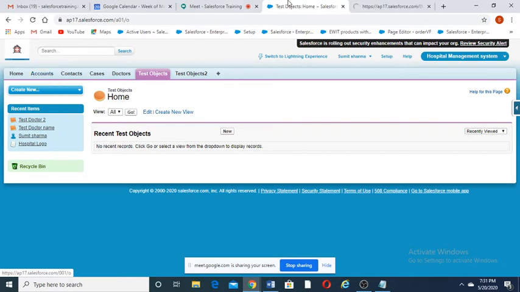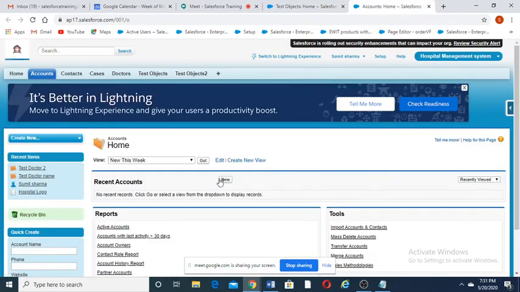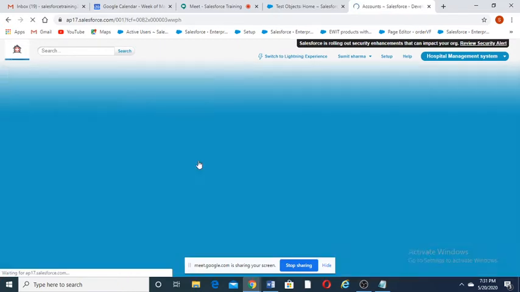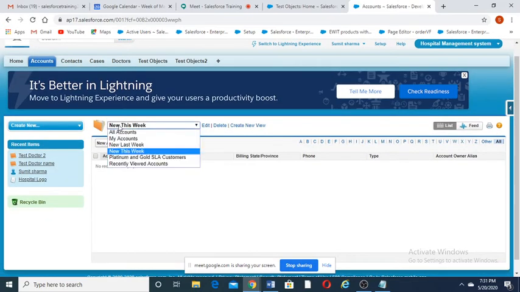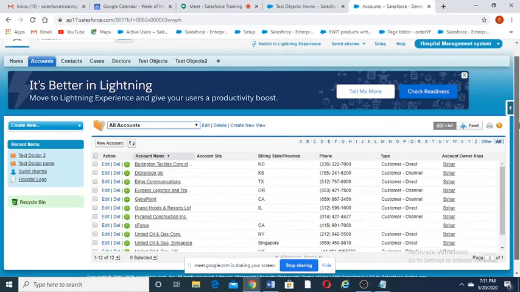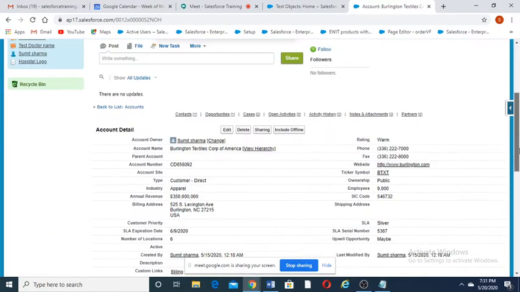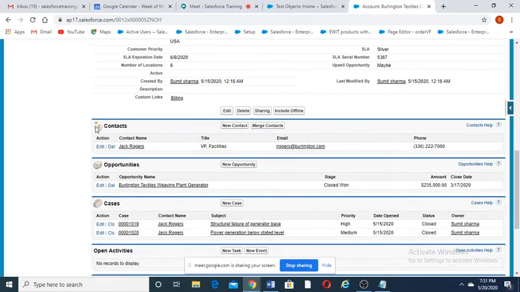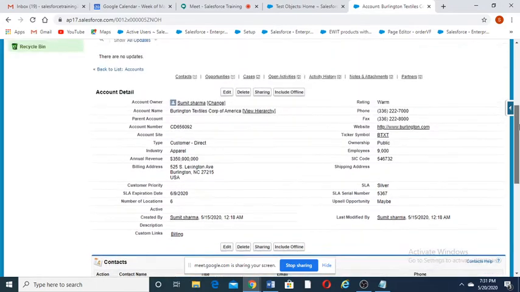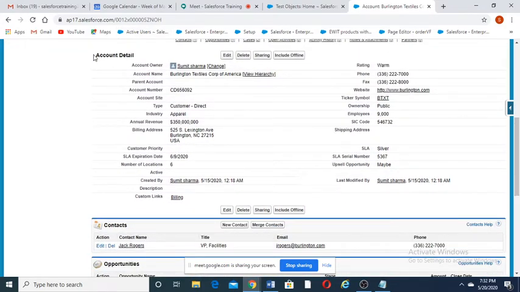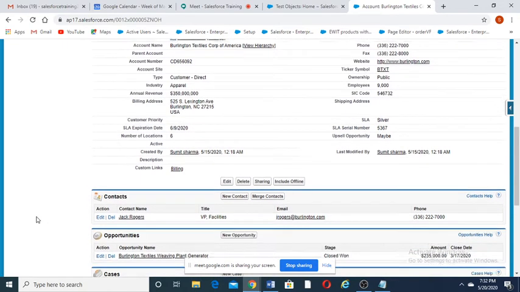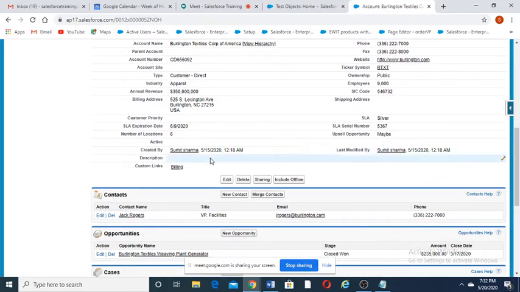So when I click on account, then I'll open any one record, all accounts. I'll go to any one of the records. Account is always visible at the top, contact is always visible at the bottom. This means this contact is the child of account.